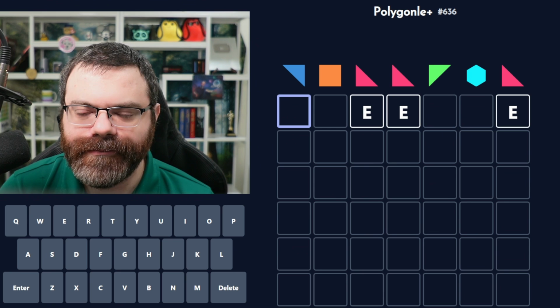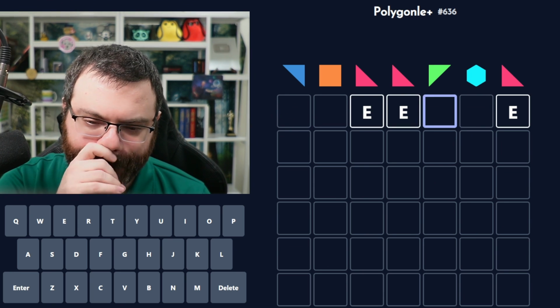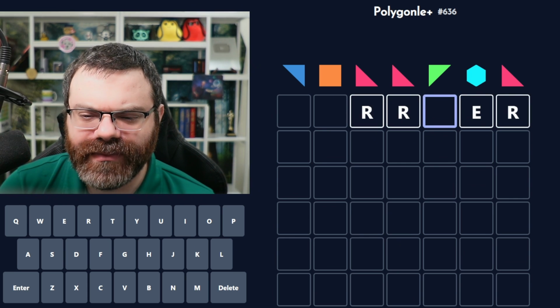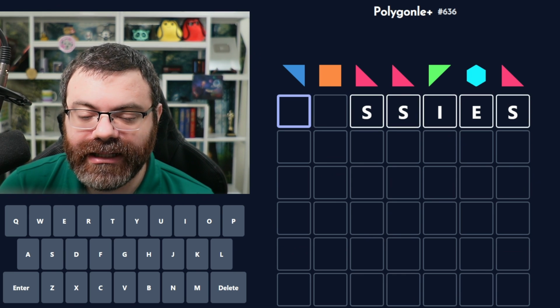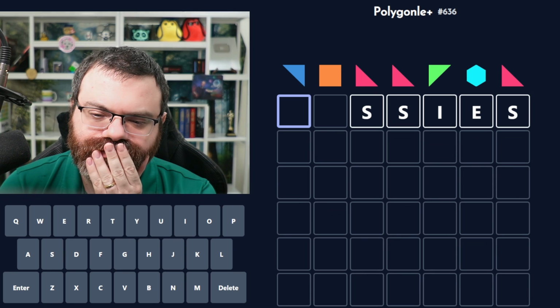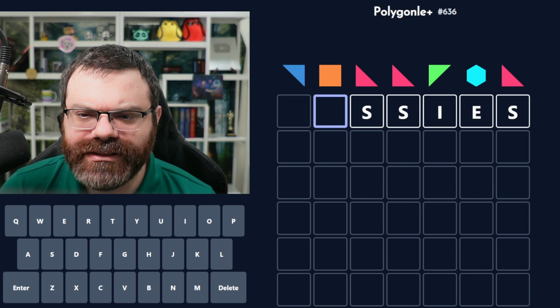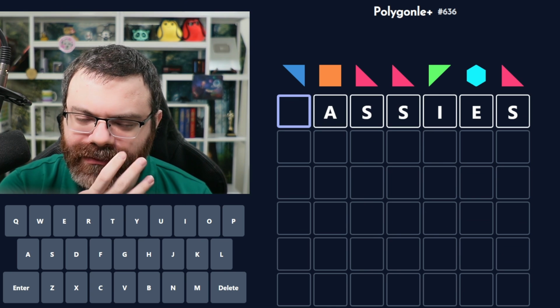It's kind of tough, isn't it? Like, what are we doing here? Okay, I actually prefer a consonant here. What consonant would we want to do? Can we end in ER? Like an IER or SSIES? Ooh. Actually, I don't know. So this can't be I or E, so it'd be an O or an A or a U. A is the most common vowel, but